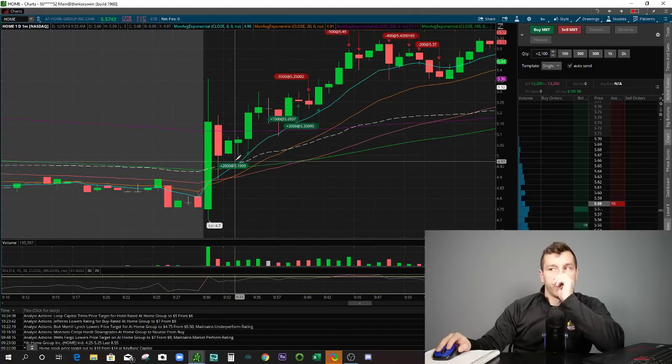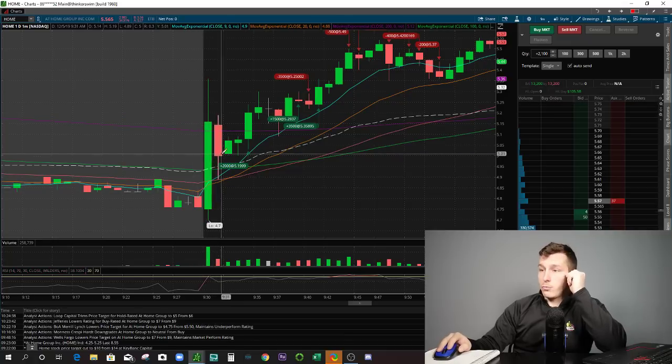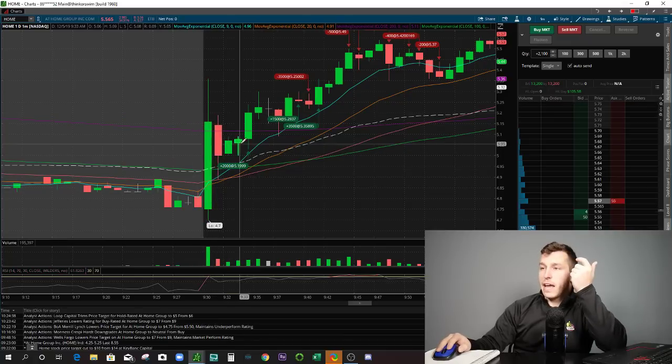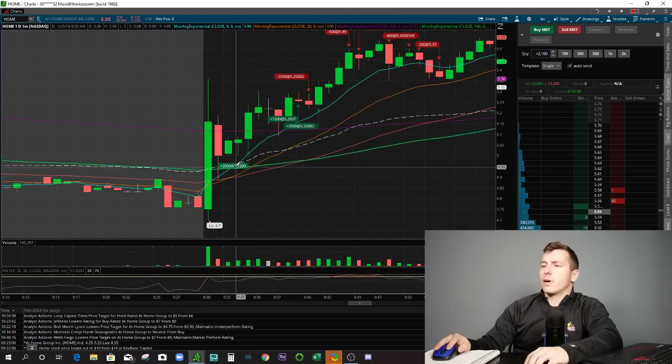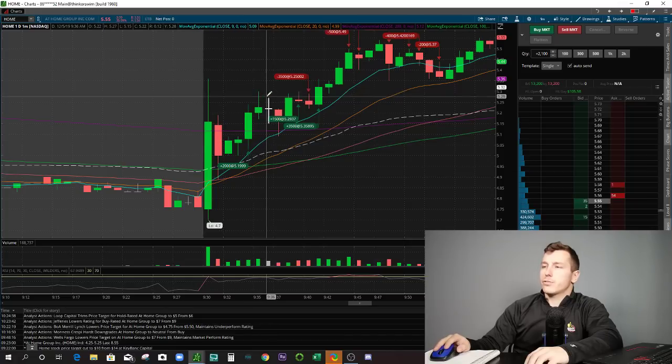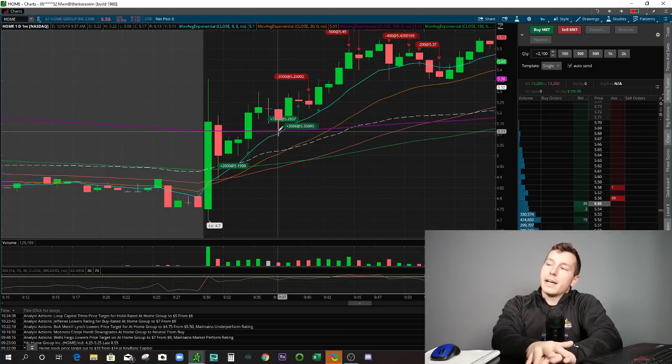So first trade is this candle. All right, we have the big solid push up. We pull back. We kind of hang on all these candles, hang out here, a little bit of consolidation. Pretty much all buying pressure anyways. So I go long 2,000 shares, pushes up. We kind of struggle. We kind of go into this pullback, and in my head, I'm thinking about the last time I had traded a setup like this. It was on,